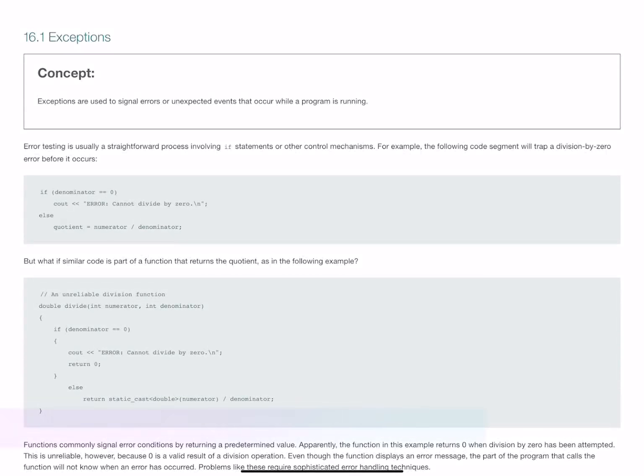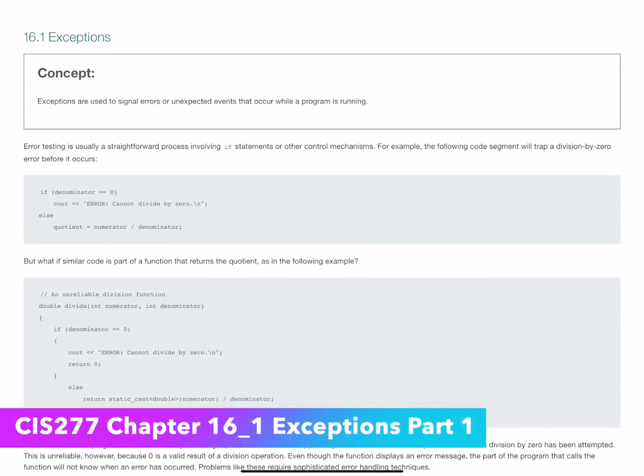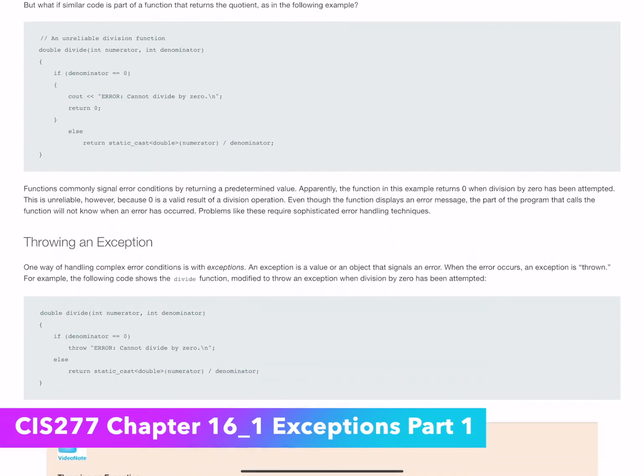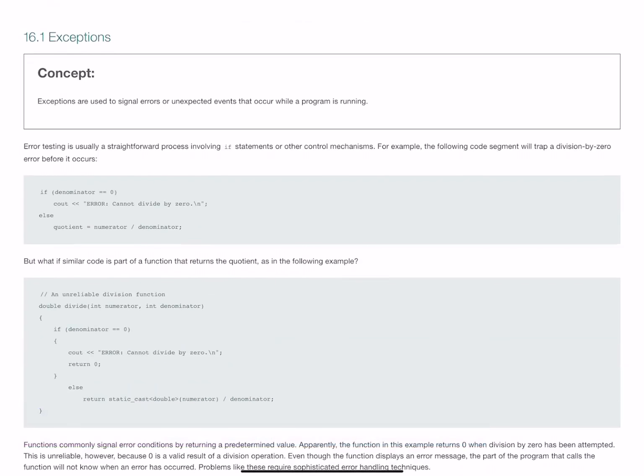We start chapter 16 with the idea here of an exception. Now, this starts on page 990. The 16.1 carries on for quite some time, but really we're going to break it up into two pieces. First, we're going to look here at just the idea of exceptions and the try catch block, and then the second portion is going to be to take a look at actually handling an exception and getting something out of the caught or uncaught errors that invariably a program, if running long enough, is going to